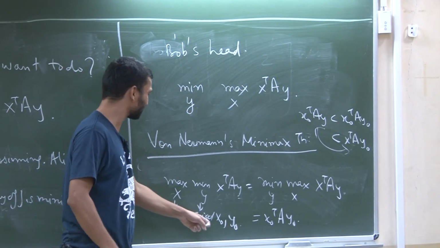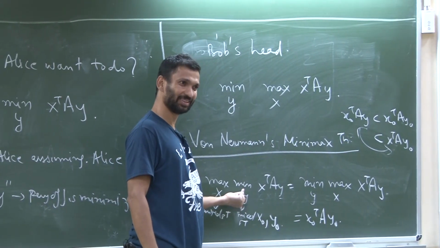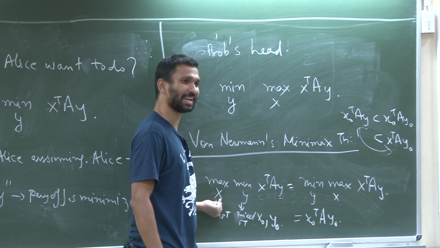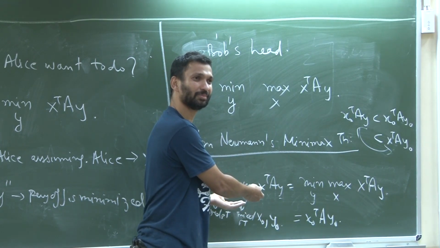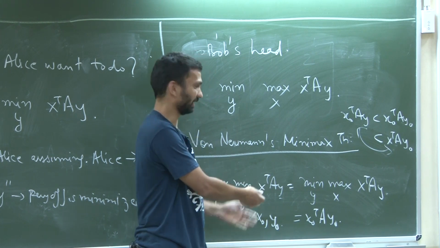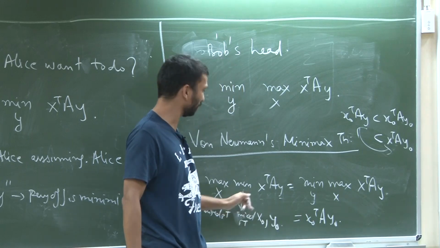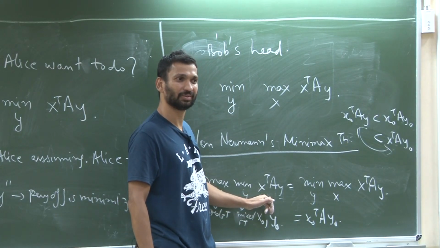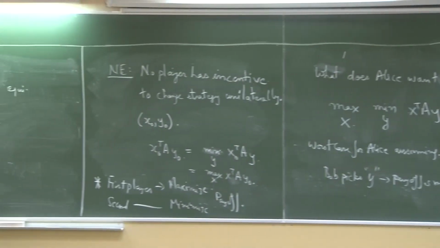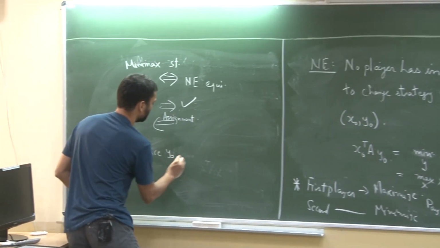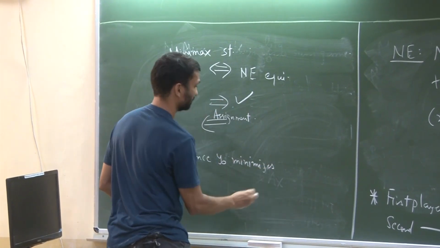right? Because y naught is the one minimizing this. If my strategy is fixed at x naught, there is no incentive to change y for Bob, right? The entire proof was exactly this. It is saying that y naught minimizes this quantity. Right? So let me just write it. Since y naught minimizes,